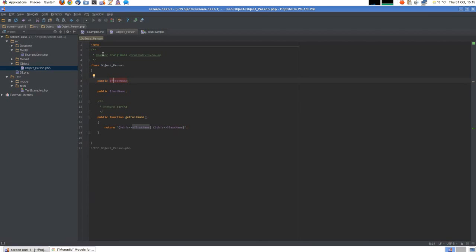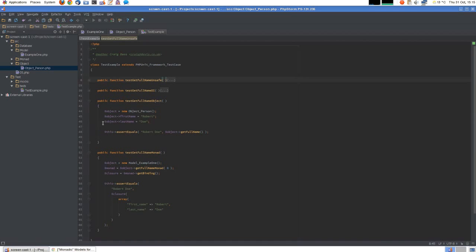So in the example test here, we've got the new object person. We assign the values to the public properties, and then we just test that the get full name method actually returns the correct result. Obviously, this is pretty nice. The only downside I can see is that you have to write some more code. There's a whole new class here, object person,